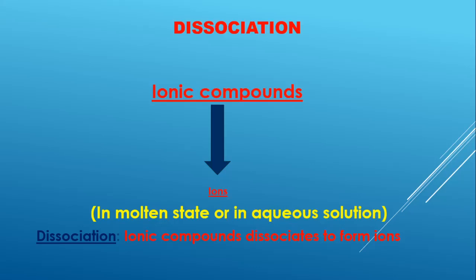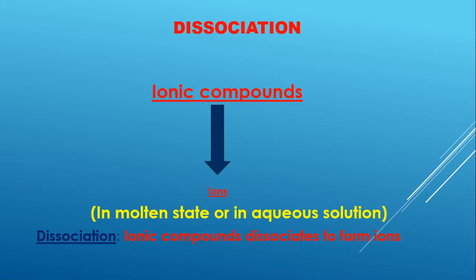Let us learn dissociation. What is dissociation? It's a type of chemical reaction which brings about a physical change in a compound. Now, how does it bring about a physical change in a compound? By forming ions. Which ions? That means forming electrically charged ions: positive ions called cations, and negatively charged ions called anions.